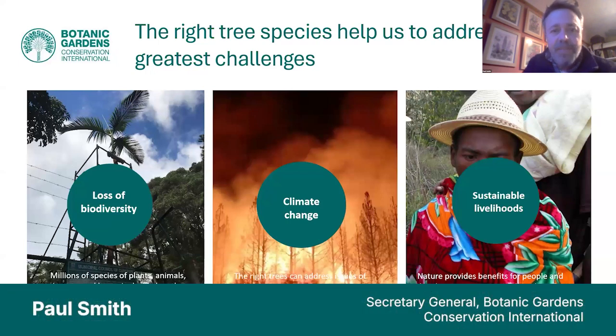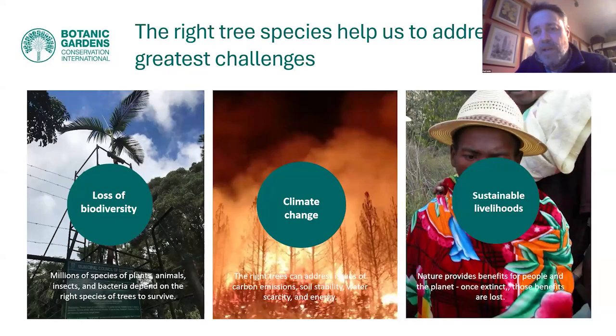What is the purpose? If we look at the big issues that humanity faces with relevance to tree planting, there's obviously the loss of biodiversity and the need to restore habitats. There's climate change, both mitigation and adaptation, where trees, as we know, play an important part. And then, of course, there's sustainable livelihoods, improving people's lives, poverty alleviation, and so on, where trees are very much